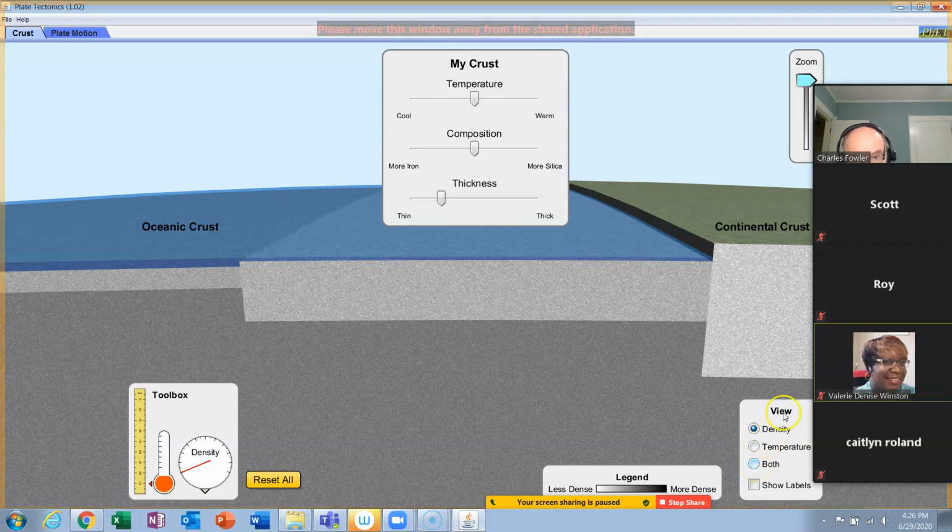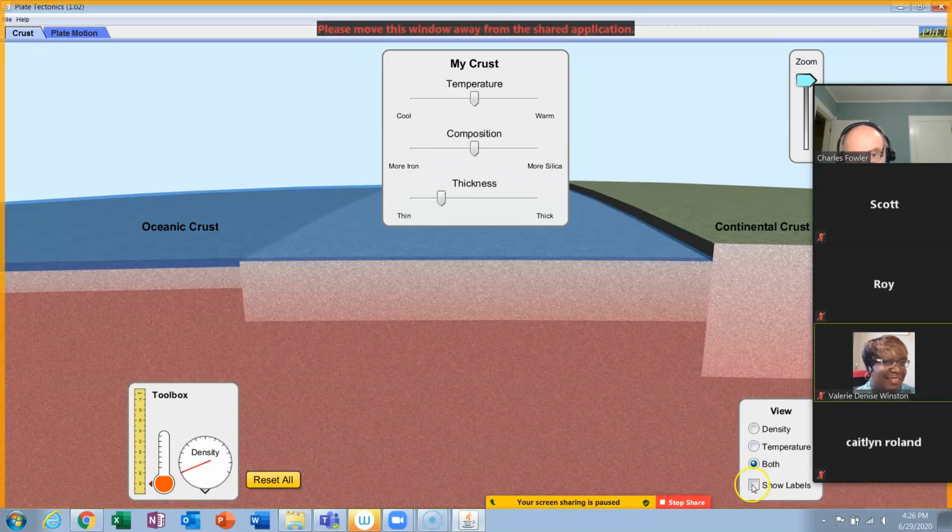You see the view box down here is lower right, not lower left. Sorry about that. Click on both. Okay, I clicked on it and oh, there it goes. Okay, and also show labels. Right? Did I say that? Yeah, labels. Okay, now you see what's called. Now, what we're doing here, just to give you an idea, here's the oceanic crust over here. Notice it's thinner, and